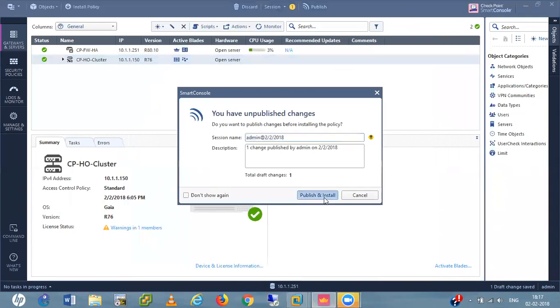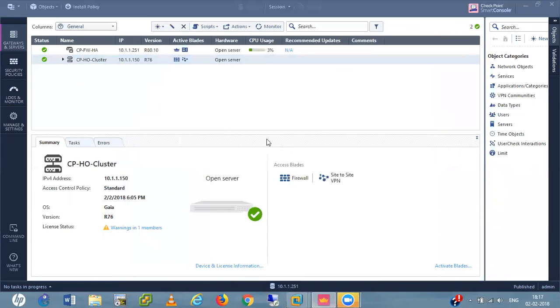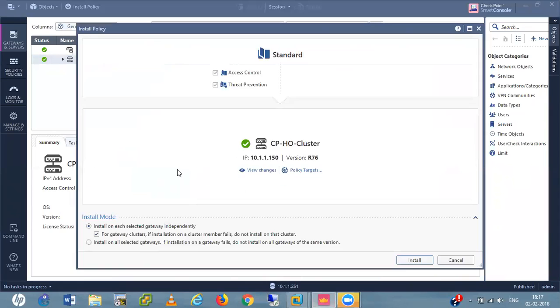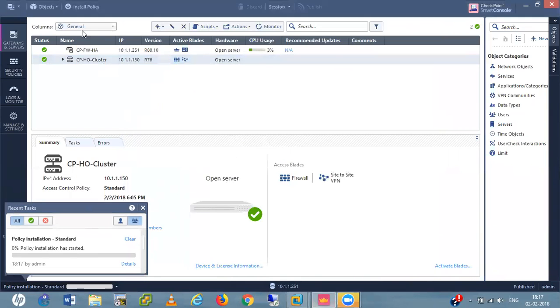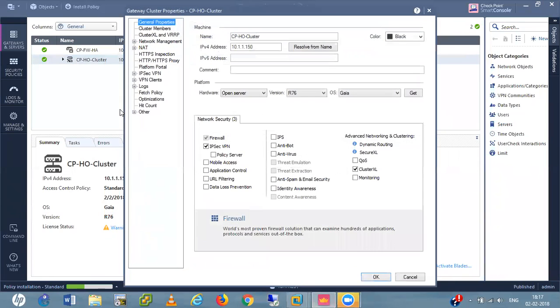How to increase the priority? Show me once again. Wait for some time. Just double click here, or right click and edit. We have two options there.